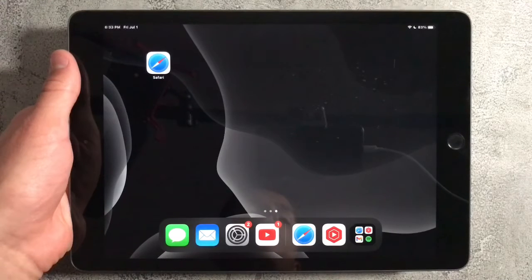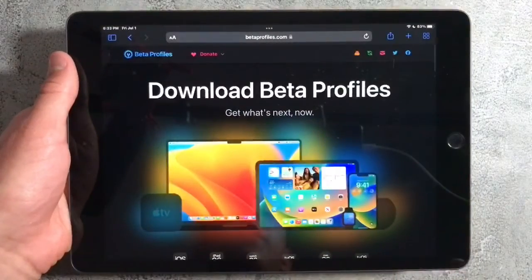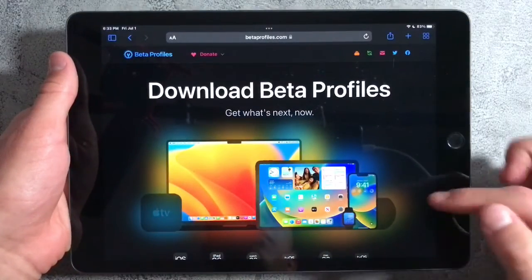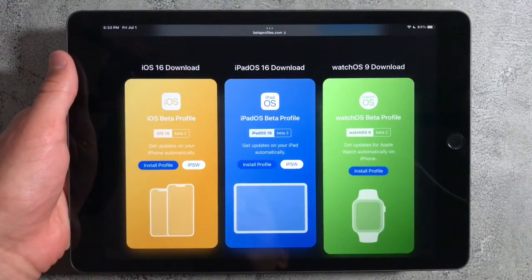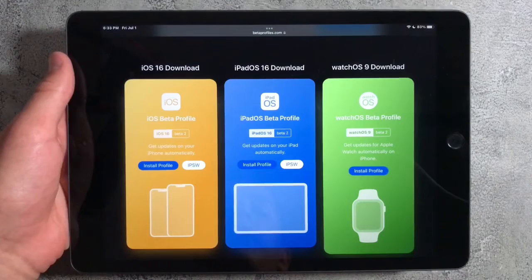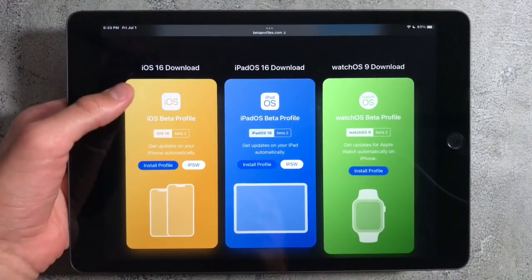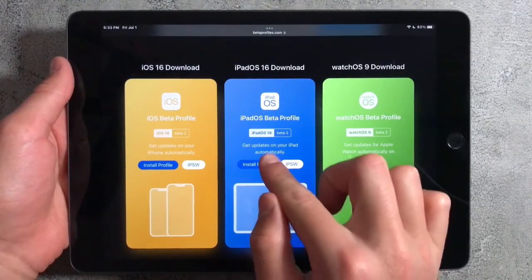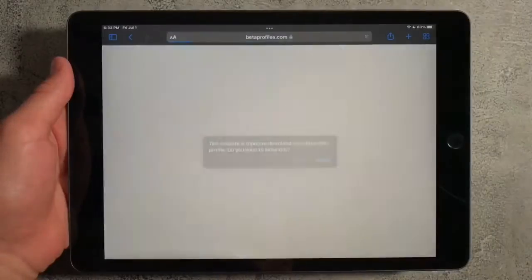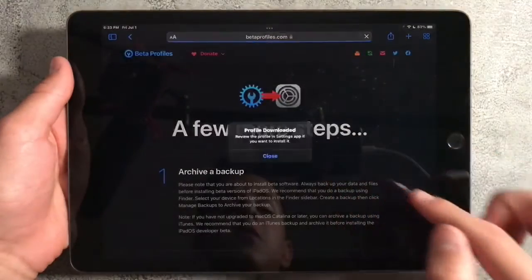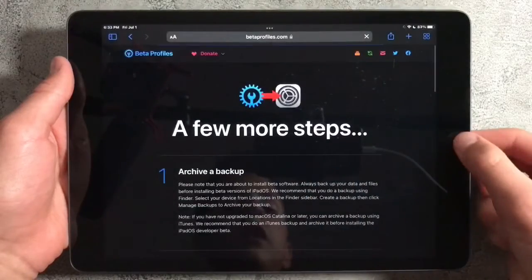And once you make sure that your device is supported, go ahead and open Safari and search for betaprofiles.com and scroll down to here. And if you're using an iPhone, then select the iOS 16 download, and if you're using an iPad, then select the iPadOS 16 download and press on the blue button that says install profile and press on install anyway. And next press on allow and go into settings,